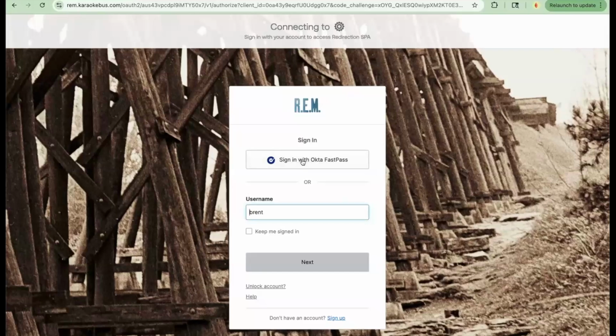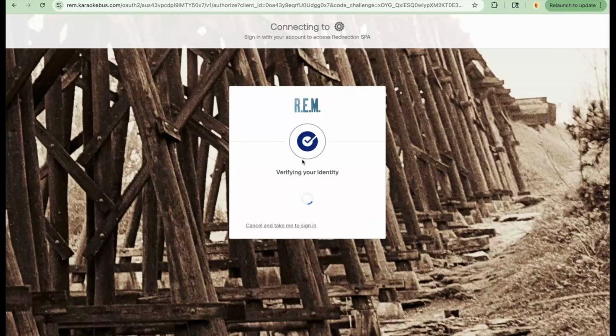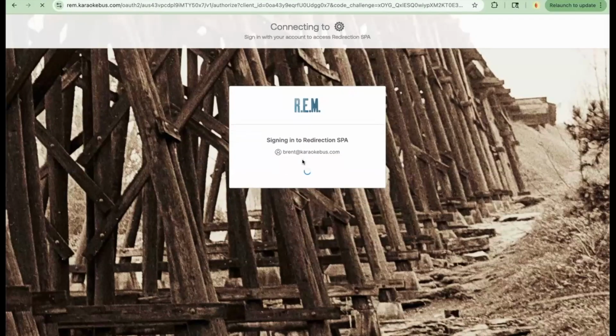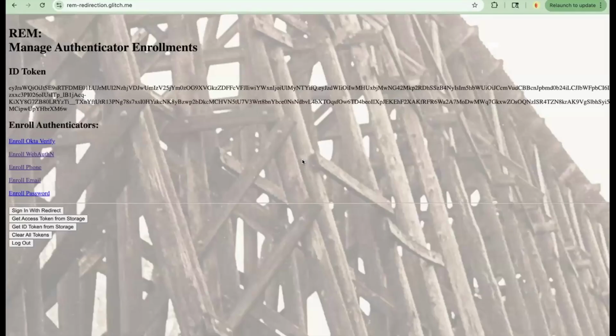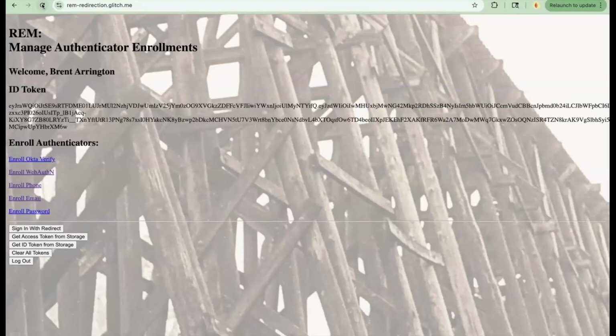So if I sign in here, now basically all this app is doing is just getting your tokens and printing them out. Actually, let me do this. There we go. This also has, I wanted to demonstrate some of the new capabilities in OIE here around the